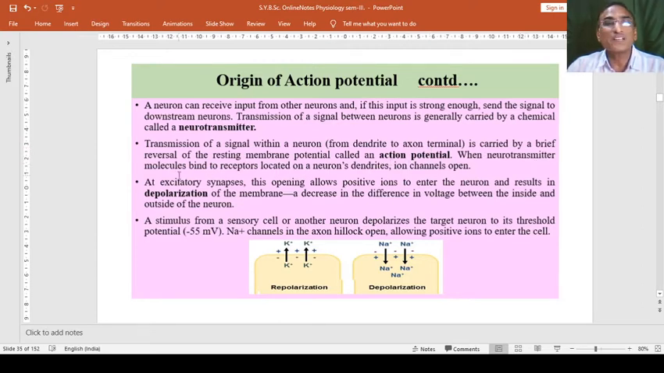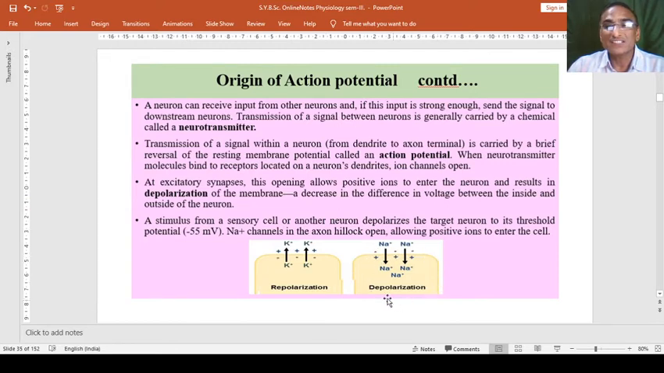When neurotransmitter molecules bind to receptors located on a neuron's dendrites, the ion channels open. Means as soon as the ion channel opens, the ions enter. As soon as hyperpolarization occurs, it stimulates the signal to open the ion channels for potassium, and then potassium moves out. In this way, the excitatory synapse, which forms either on the dendrite or at the axonal